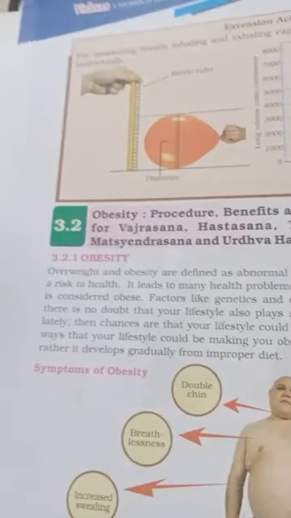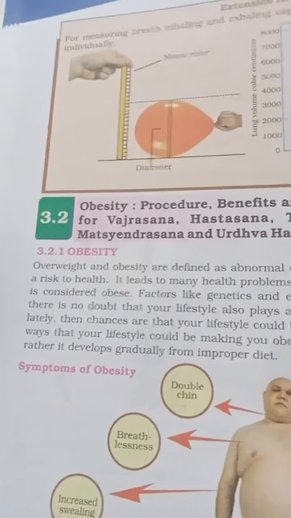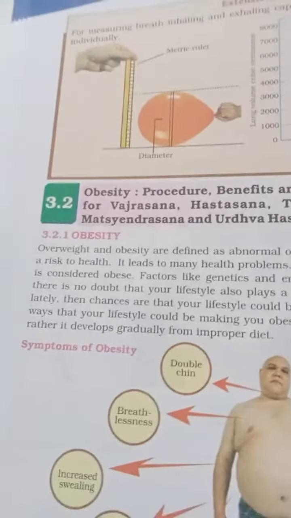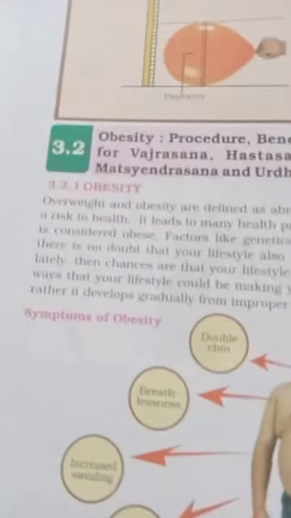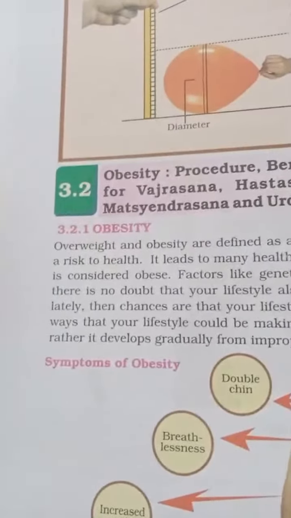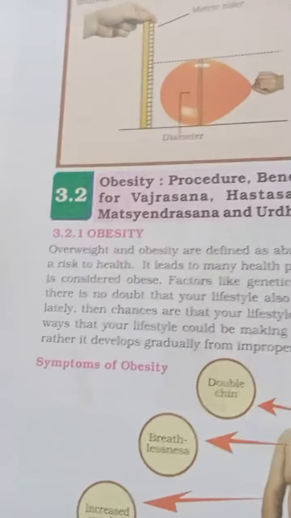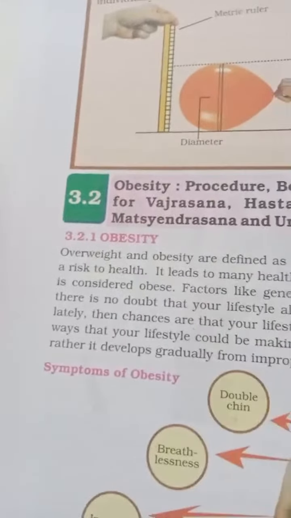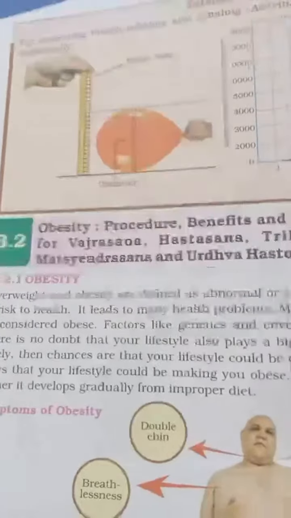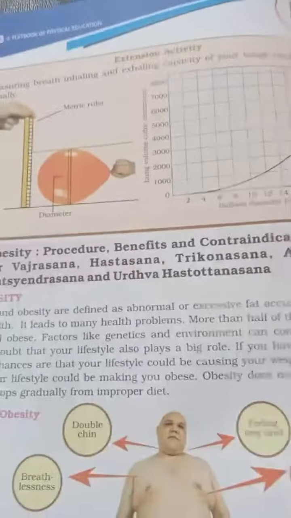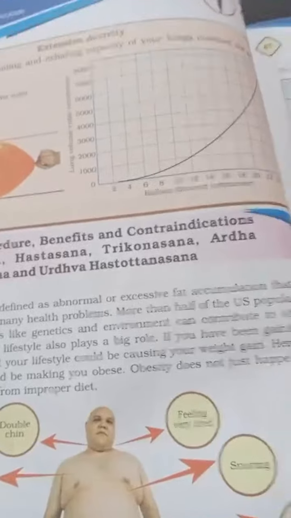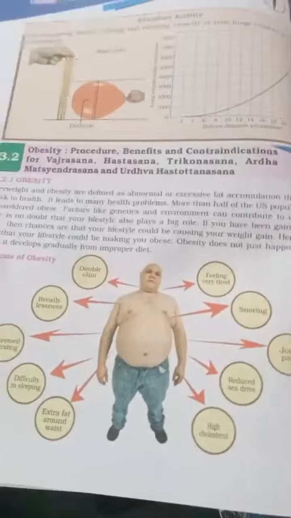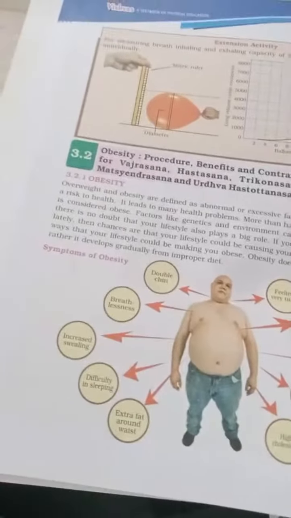So now let us go to obesity. So what are the procedures and what is obesity? We need to know. To know about obesity, we must know what BMI, body mass index, is. People with obesity are either called overweight, and a little bit more, they are called obese. They are known as abnormal and have excessive fat accumulation. So this is what happens when you are obese.